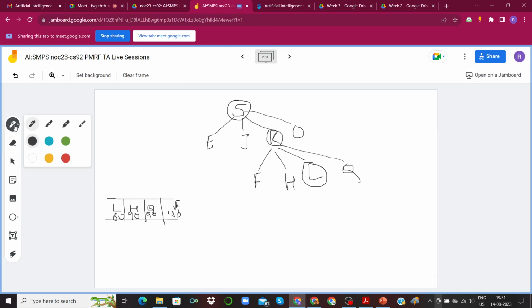So once we saw that from L we can't go any further, the next possible option is to go to H, which is the better looking option over here, right? The best out of the possible options available to us. We could also go to Q, which has the same heuristic value, but H comes alphabetically before Q. So we inspect H next, and then we see what are the places we could go to from H.